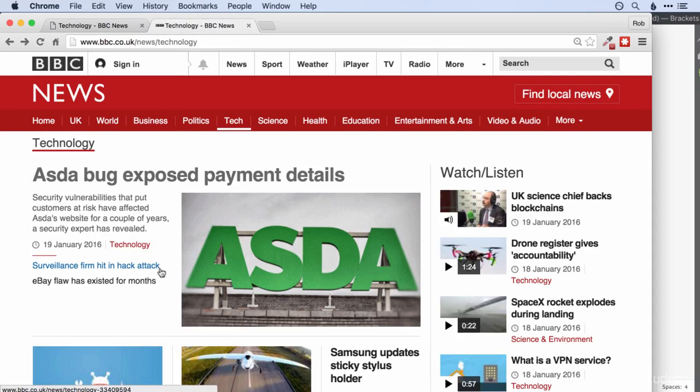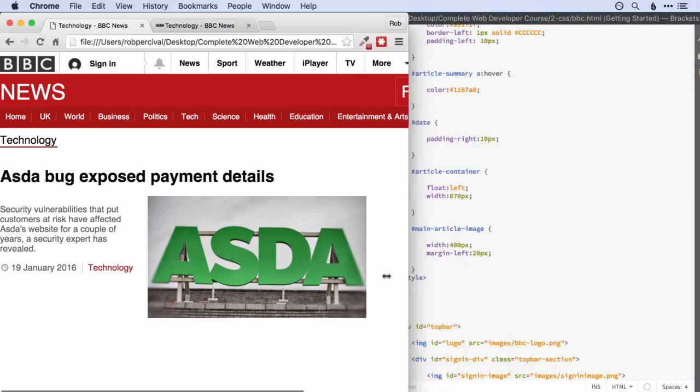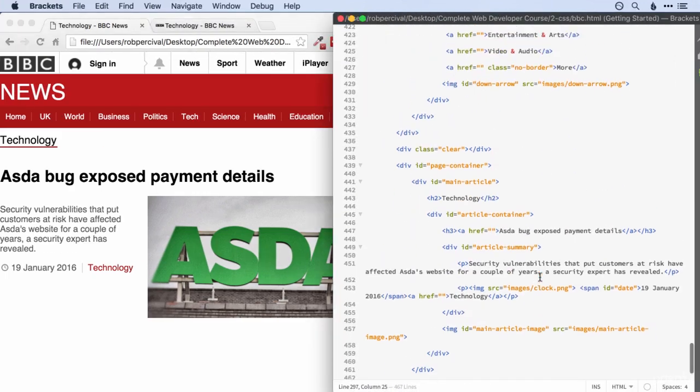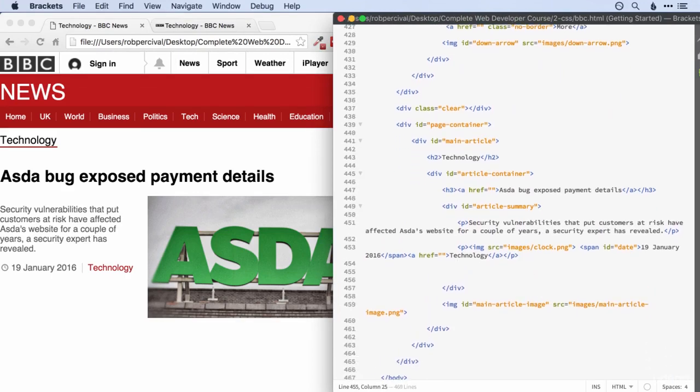The only thing I want to add are these two links down here, a little line there, and then our border to the right there. Okay, so let's start our way down here. So that one is actually quite easy to put in. We can use a horizontal rule, and we'll do this after the technology link. So here, horizontal rule,